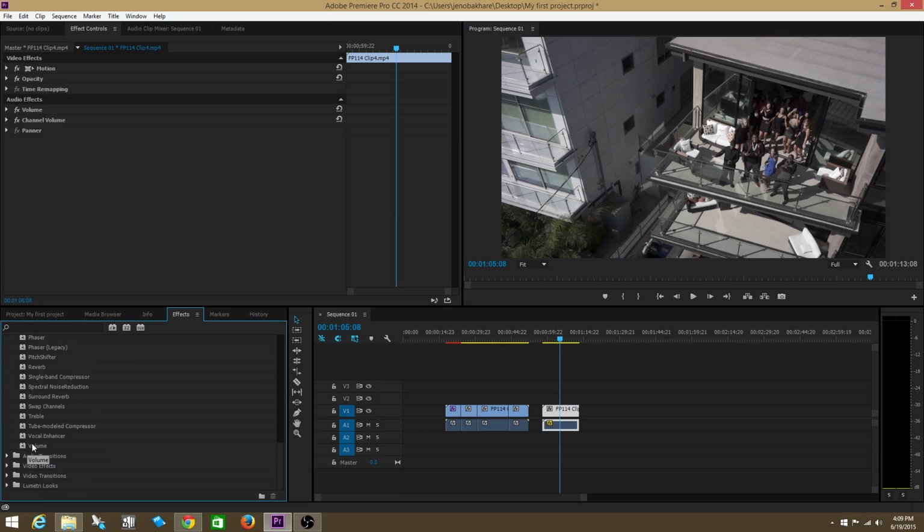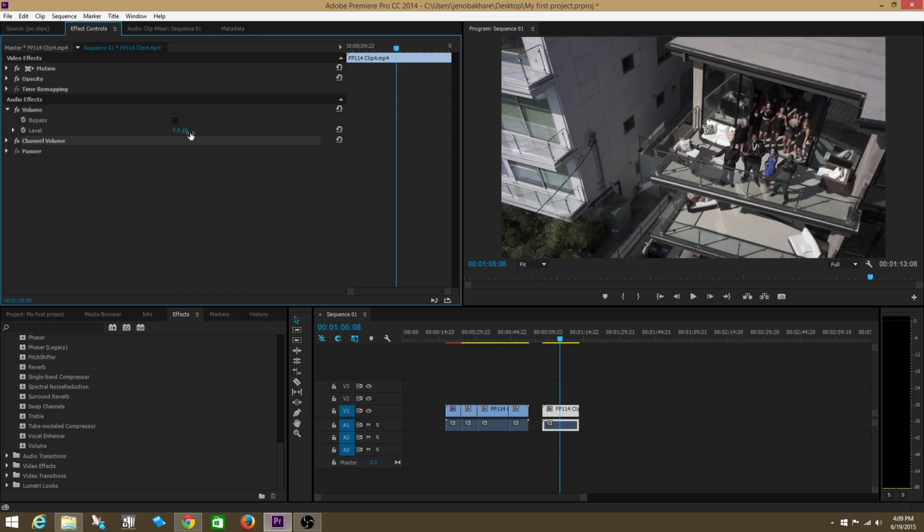So volume is right here. Now check this out. You have volume as a default effect. Like I said before, if you click onto volume though, you can only adjust the level. The level is usually at 0 decibels. If you want it louder, you can bring it louder, louder, louder, but you can see it maxes out at 6. So if you want your volume to be even louder, you have to put another volume effect. You have volume here, then you have volume down here, and you bring that back up to 6. So now you have 12 decibels that you're adding to your clip